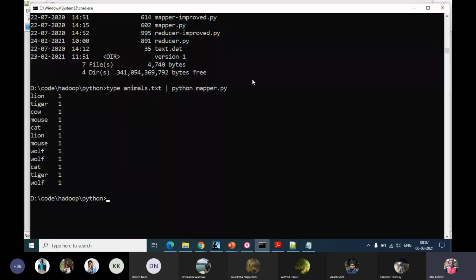As many files as we have, it will get the outputs for all those files. And then it will pass the collected output of all those mapper codes to the reducer code. Again, the reducer code may also go to multiple machines and run on those multiple machines or servers in parallel, which will give us the final output. So if we combine the mapper and reducer code, it will become difficult for Hadoop to run this in parallel, because the code will be all bundled together. So where to split, where to introduce parallelism, okay, that will become a challenge.